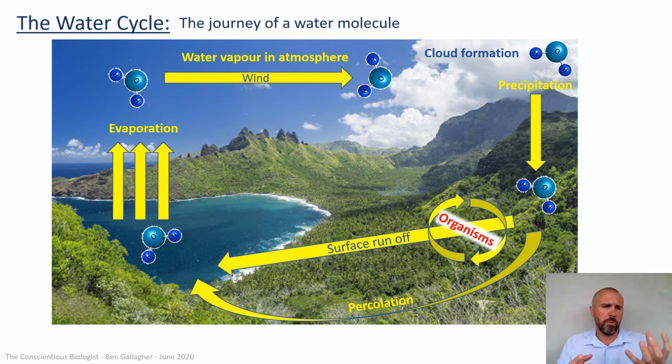Now, of course, the plants containing some of the water will be eaten by animals. Those animals now containing water will be eaten by other animals. So the water can pass directly from one organism to another through the trophic levels. But you've also got things like